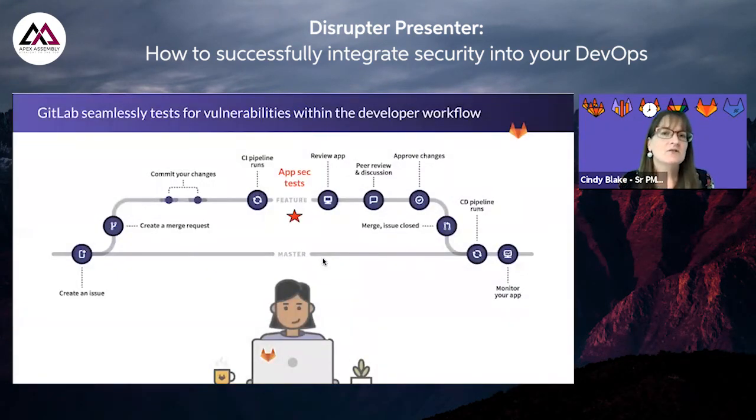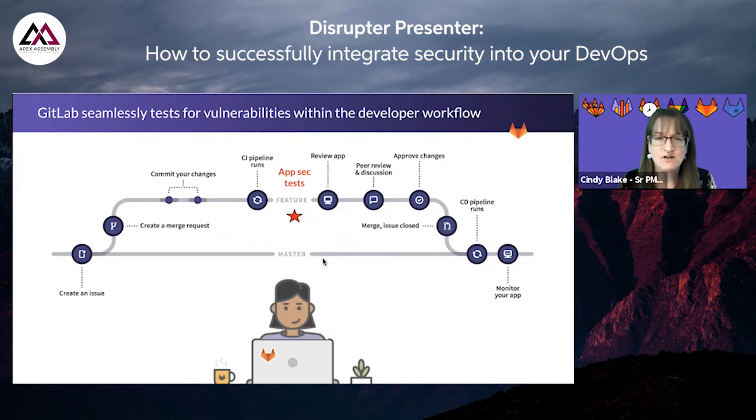Now, the key to doing this is baking security and application security scanning into your CI pipeline and doing it on your feature branch. And let me explain why that's key and critical. As a developer, I check out code, I make changes to it on my feature branch. So I'm not changing what everybody else is working on. I've made a copy and I'm working on it here in my own little sandbox and making the changes. When the scans happen there in my own little sandbox,